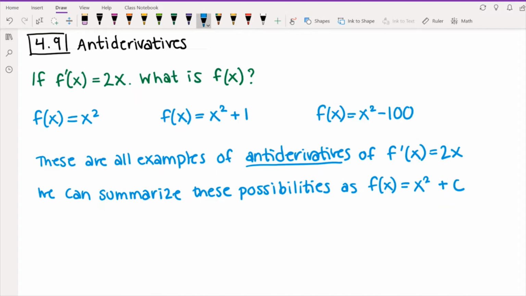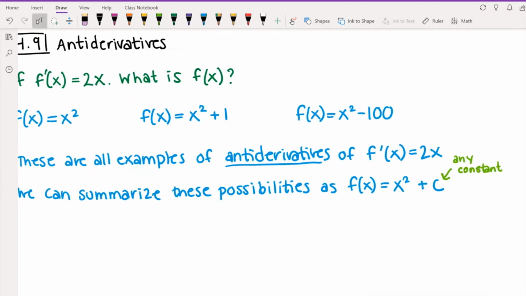And so when we write plus c in this context, c represents any constant. So a positive number, a negative number, any number that you want to tack on at all is a possible addition to your antiderivative. And so when you write it this way with the plus c, this is what's called the general antiderivative